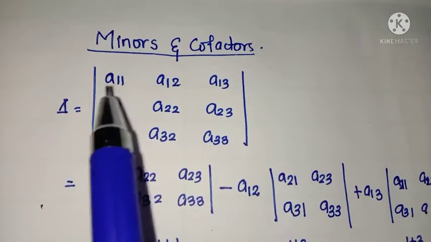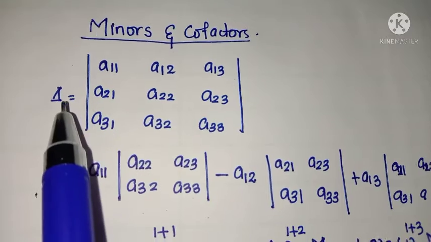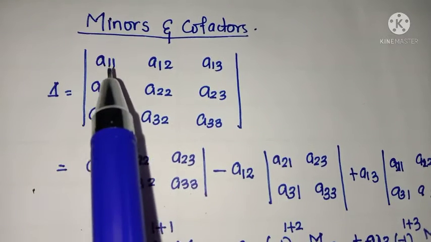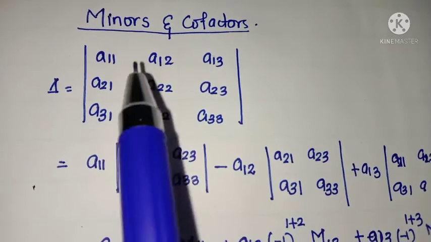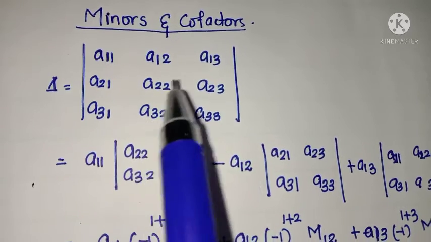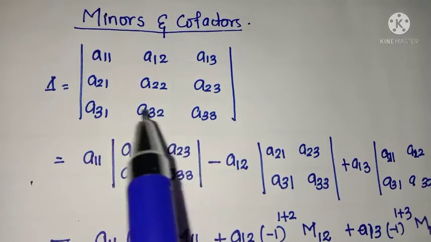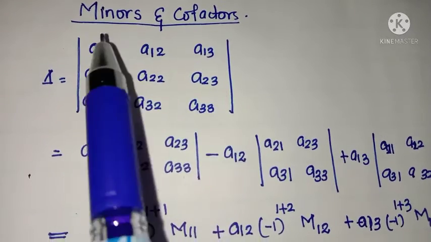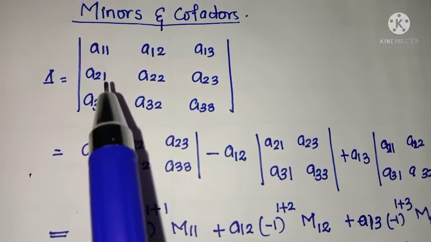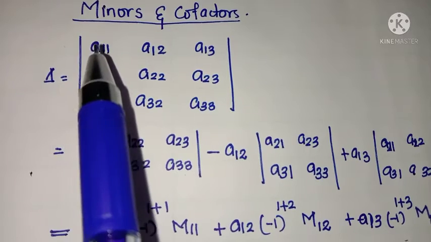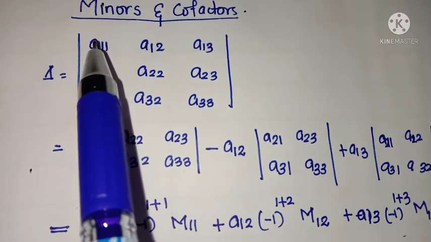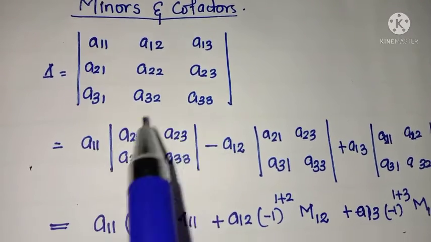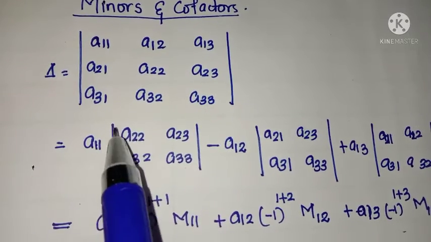Listen children, consider the determinant delta is equal to determinant A11, A12, A13, A21, A22, A23, A31, A32, A33. Now we want to find the value of this determinant. So expanding along the first row, we get A11 into determinant